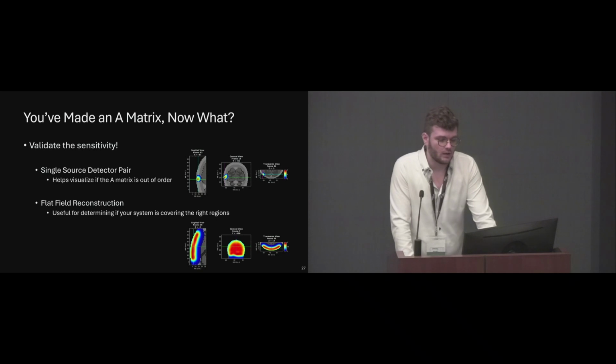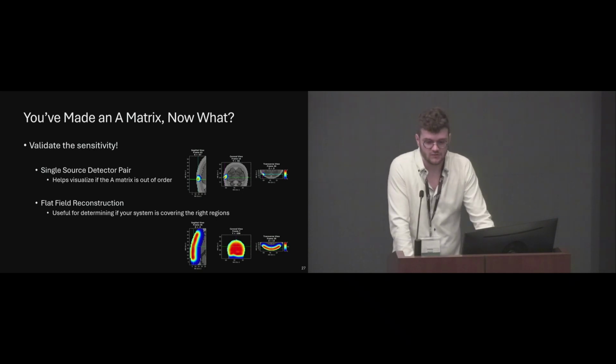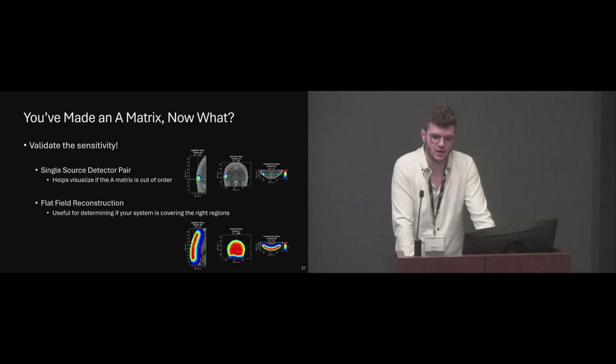So you've made an A matrix, you've positioned your array, you've calculated your Green's functions. Now what do you do? Validate the sensitivity. I use two different things: a single source-detector pair, which helps visualize if the A matrix is out of order, and then the flat field reconstruction, which is useful for determining whether or not your system is in the right